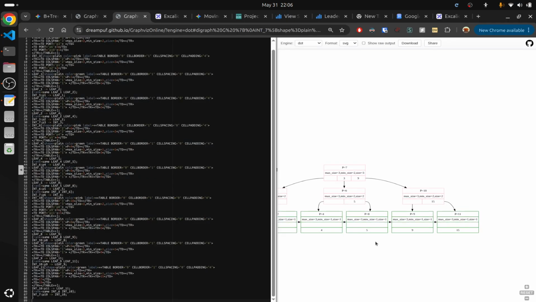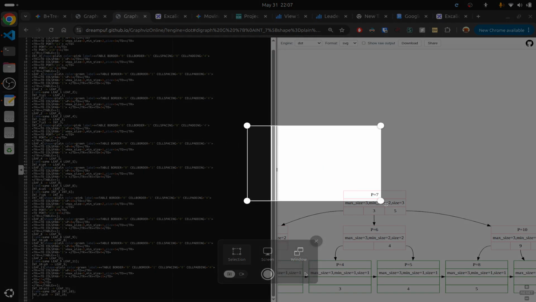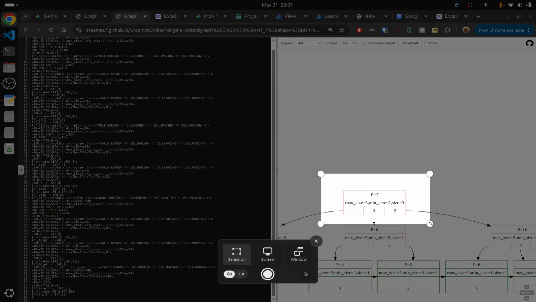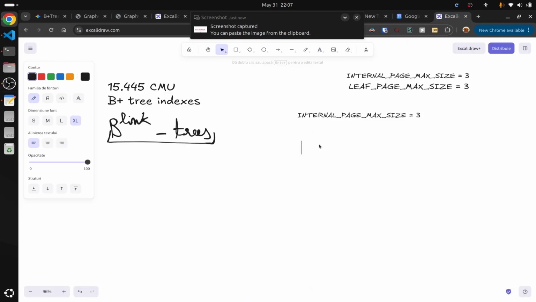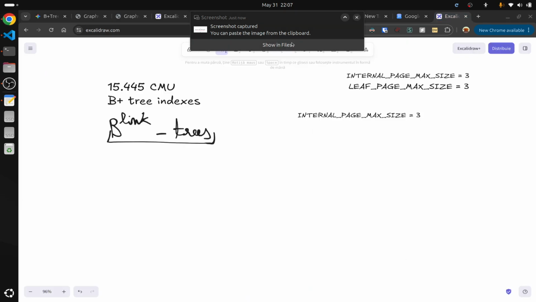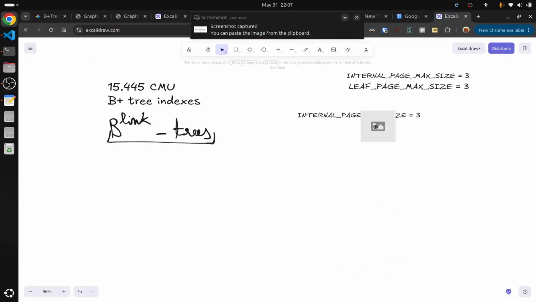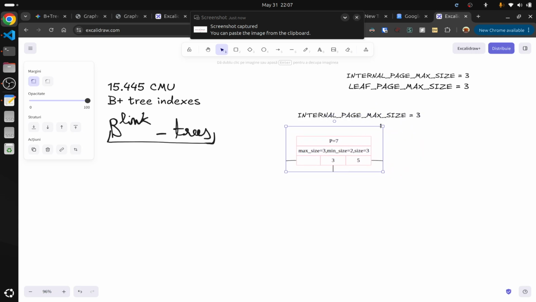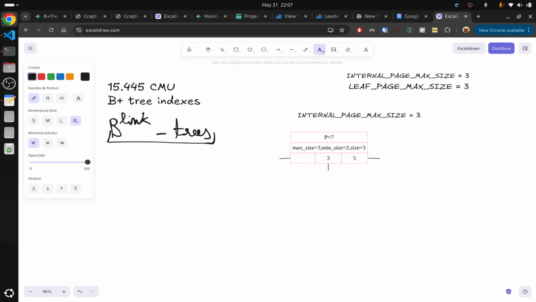Okay, so we're going to start from this tree over here, and we're going to reason from it. If you look at this, this is what an internal page sort of looks like. We're having technical problems pasting this. There you go. You can see it has a max size and a min size. Now that min size is actually derived